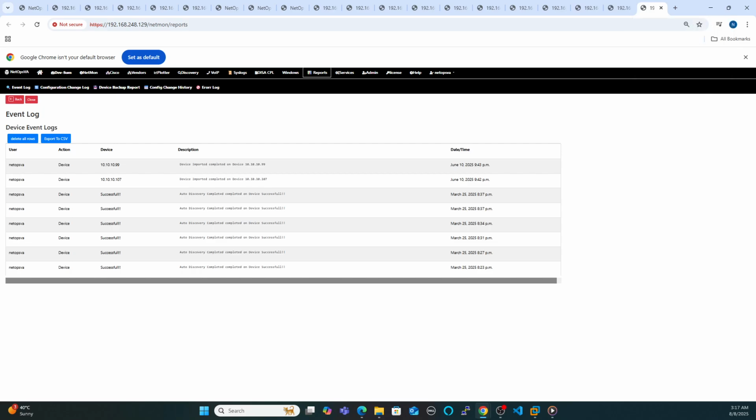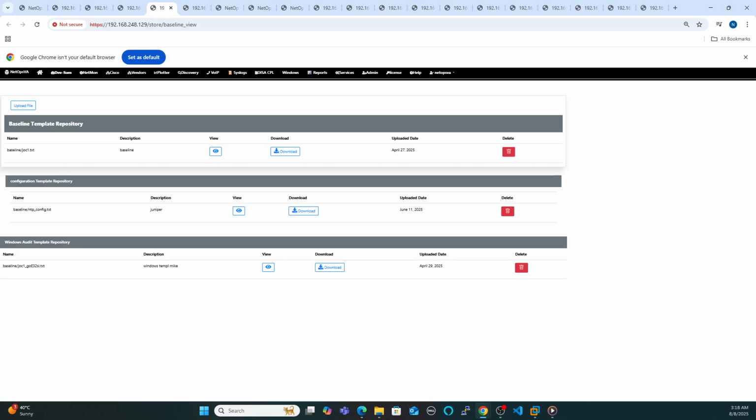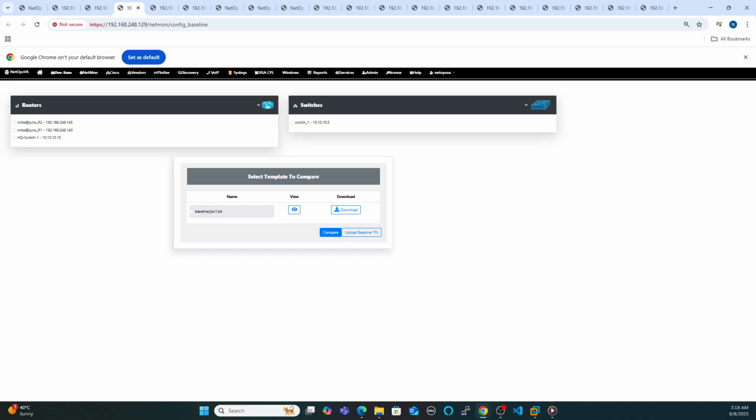And speaking of baselines, they have this concept of a baseline template repository. Okay, what's that about? Well, it's essentially a place to store your organization's gold standard device configurations. The approved, secure, compliant configurations for different types of devices. So you have a central place for all your best practices. Right. And you can regularly compare your running configurations to these baselines to make sure everything is as it should be. You can even copy a baseline configuration to a TFTP server for easy deployment. That's smart. So you're always striving to maintain that known good state. The notes also talk about a device GUI, but it says it's only